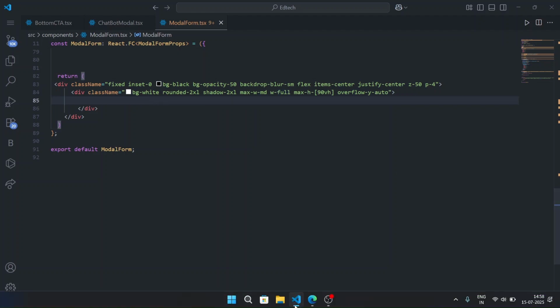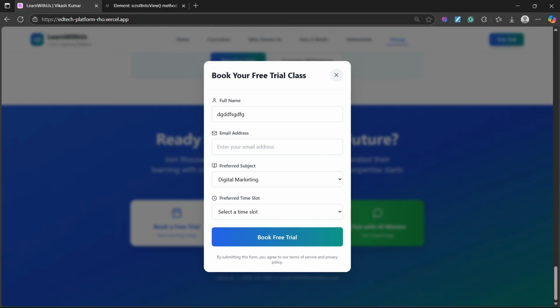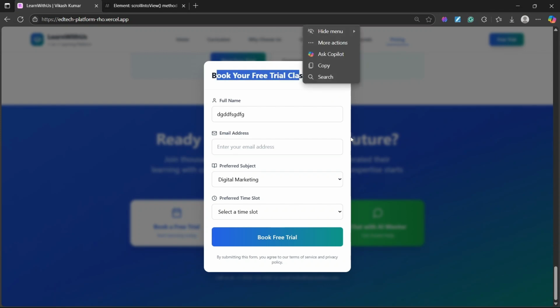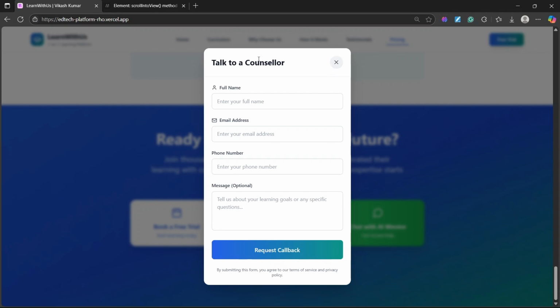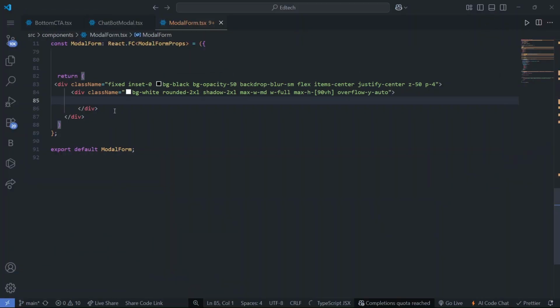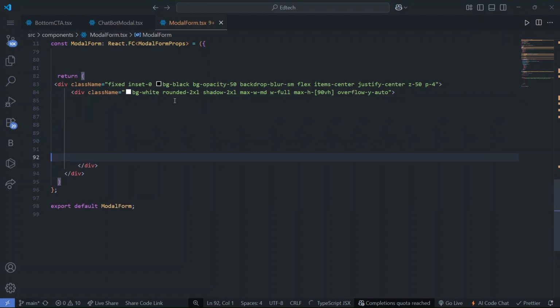Then we have to create our header. So the header is our book free trial. When we click on free trial, it shows the book free trial heading. But when I click on the counselor, it shows talk to counselor. So how are we going to change the heading? We have to show dynamic data, right? So to do that,